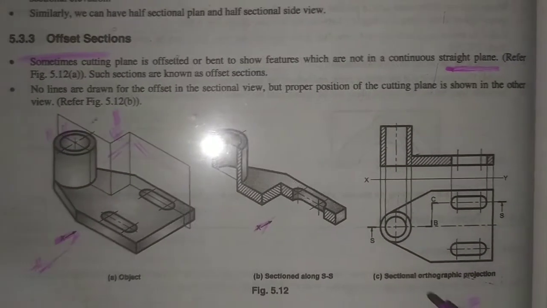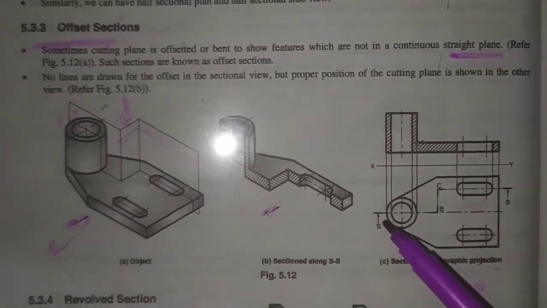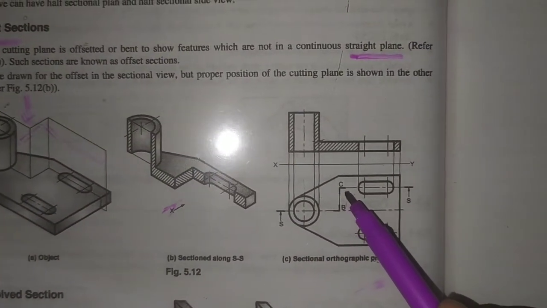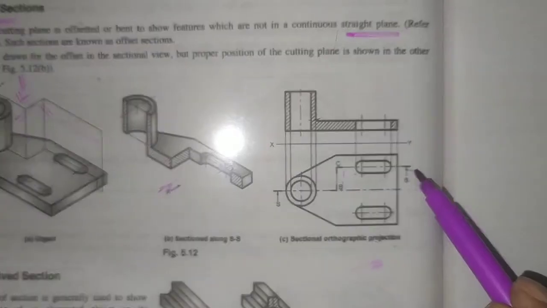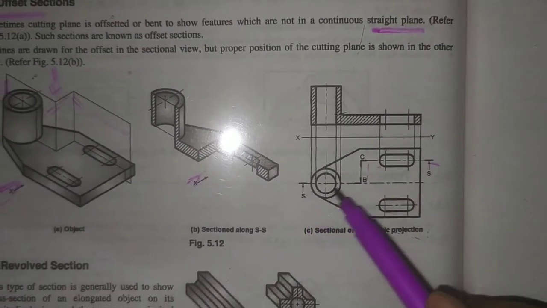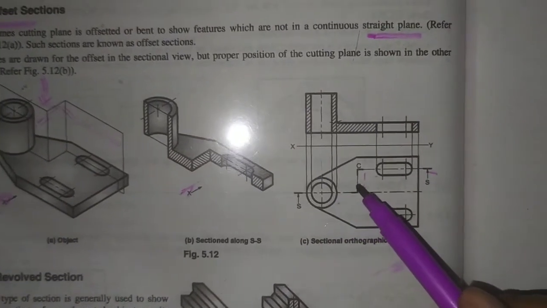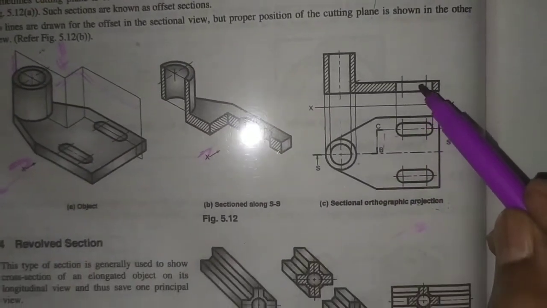Now how are they shown in the top view? First the cutting plane is acting here. They have taken the top view. Again at a distance, the cutting plane is also acting here. In the full section, the cutting plane is acting only straight, only one cutting plane. Here more than one cutting plane is acting, and they have shown the internal details.